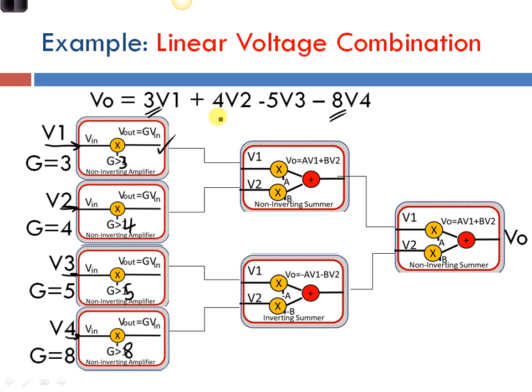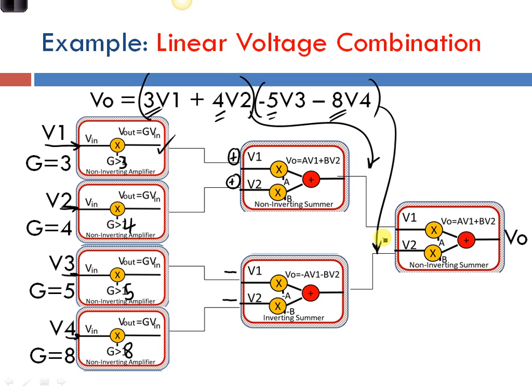Well, now that I have multiplied each of my voltages by their appropriate value, I'm going to take the ones that are positive, right here, and I'm going to put them into a non-inverting summer and add them up. So basically, I'm doing this operation, and here's the output of this non-inverting summer. On the other side, I'm going to take the -5 and the -8 and put them into an inverting summer. So I'm basically doing this part of the math, and it's going to show up here. And then finally, I'm simply going to add them up, and that gives me V out on the other side